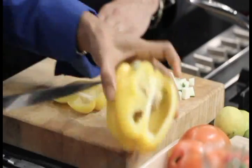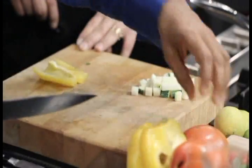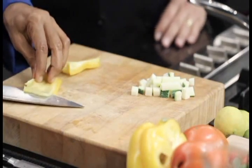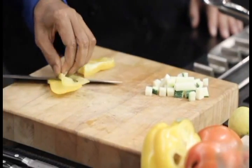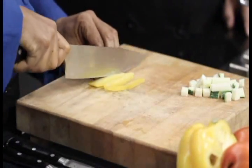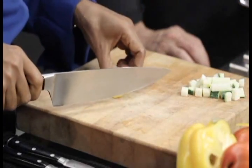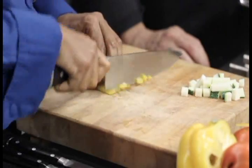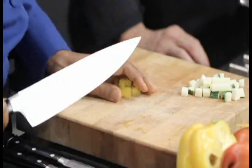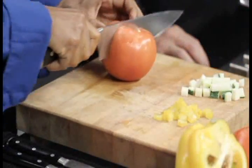So for the peppers, what you will do is you will cut the ends. We call this shaving, actually. So we're taking off a little bit of the membrane. Look at what Deborah's doing here. She's taking off a little bit of the membrane that's on the inside of the sweet pepper. And again, the same thing, we're cutting in strips. What this does is give you a very clean finish. Very, very clean finish when it's completed. And you're basically just cutting it. And you have some really nice cubes. Okay. And for the tomato, when it's this size,